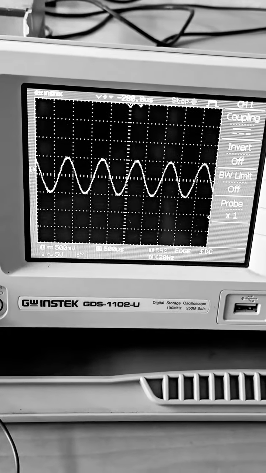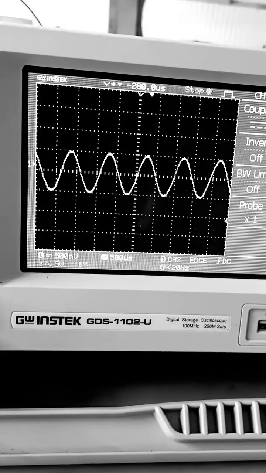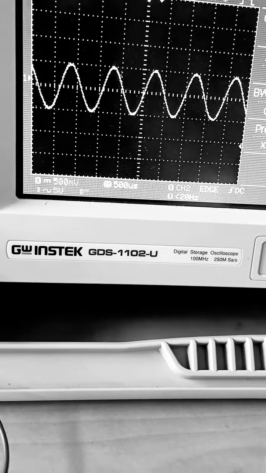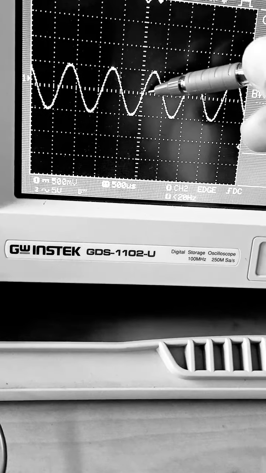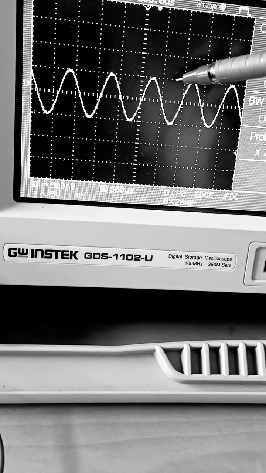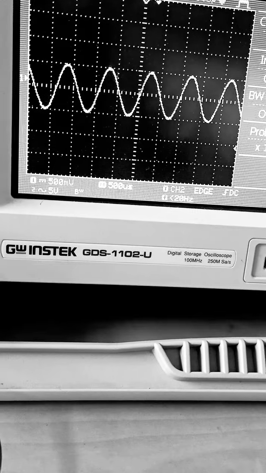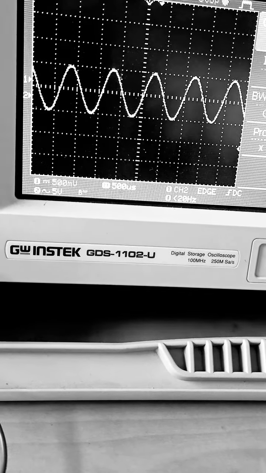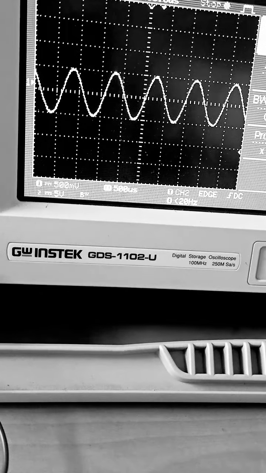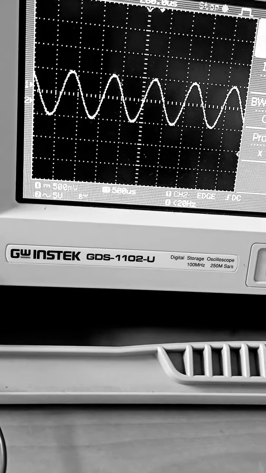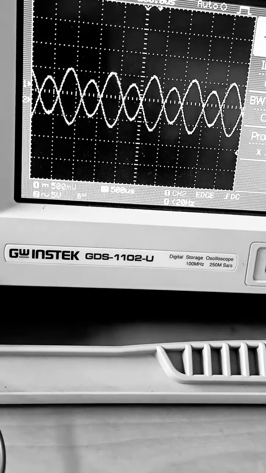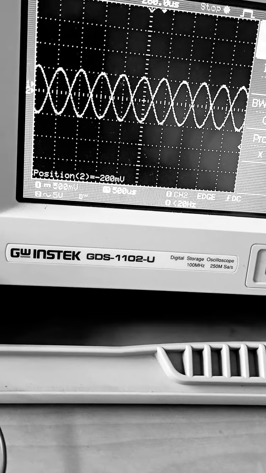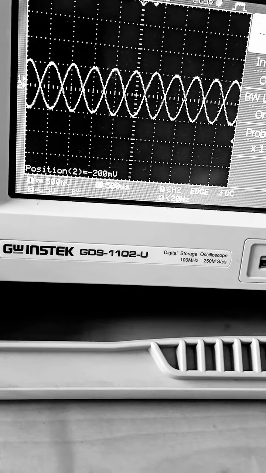Now, as per our discussion, the output should be 180 degrees out of phase with respect to the input. So I should get the waveform in the opposite direction as it is available now. I will just turn it on. I am rearranging it. Yes, you can see here,